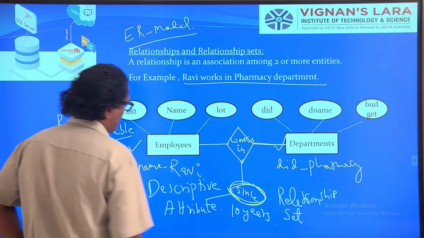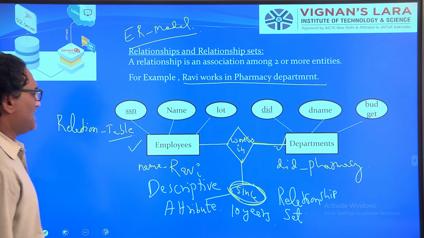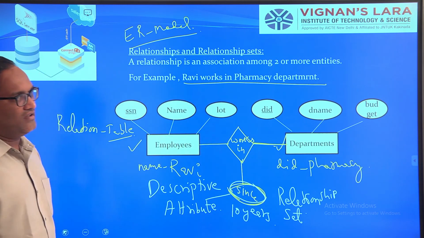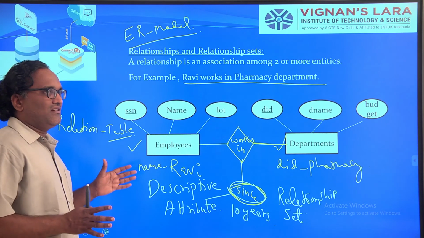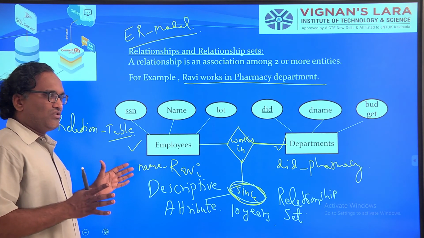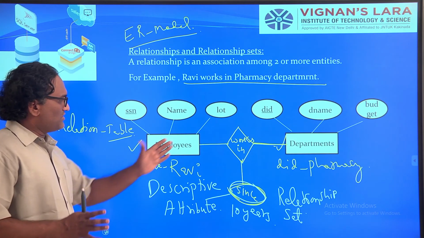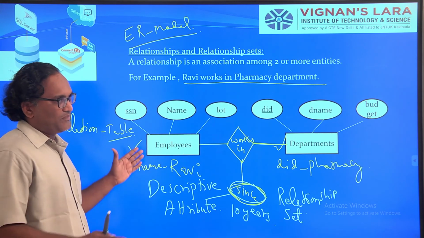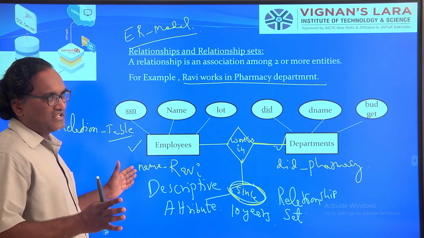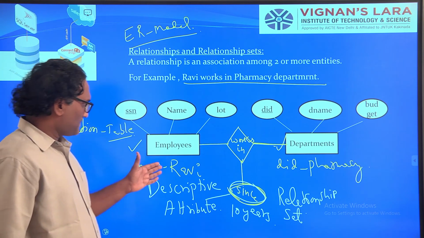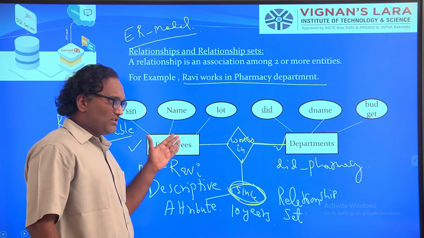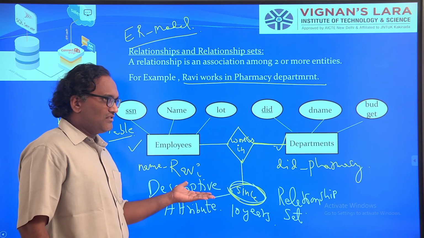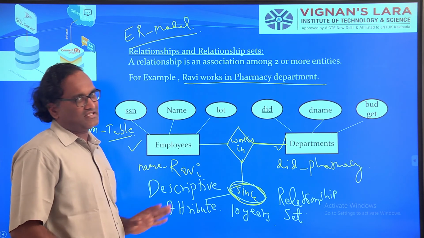If you represent the relationship between two entity sets using the ER diagram model, using this rhombus symbol and descriptive attributes, this is called a relationship set.